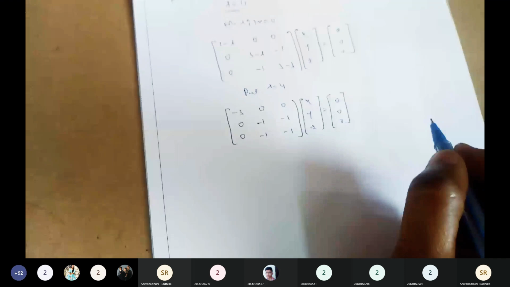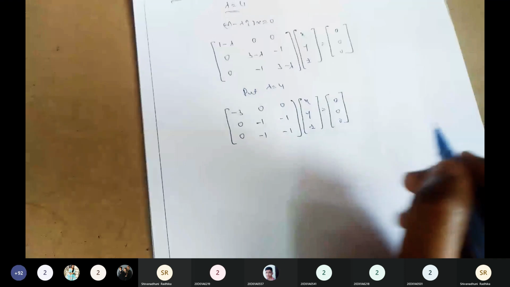Clear. Again the same situation is repeated in this case. So again multiply both the matrices. 3x equals 0, then x equals 0, x becomes completely 0 here. Then go for the second one here: minus y minus z equals 0. By taking the common, we get minus y equals 0, then y equals minus z. It is clear to all of you?